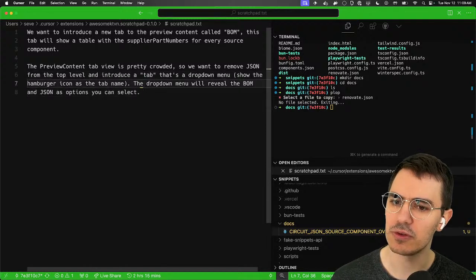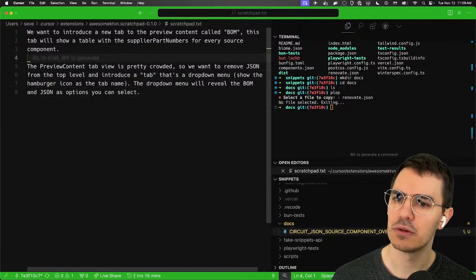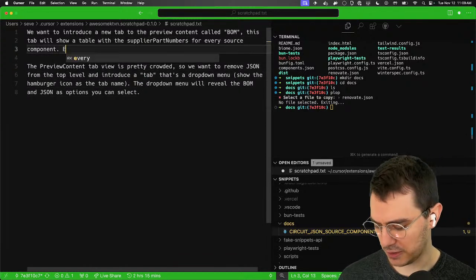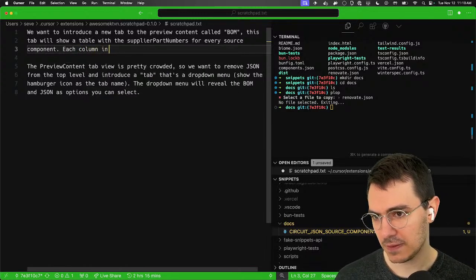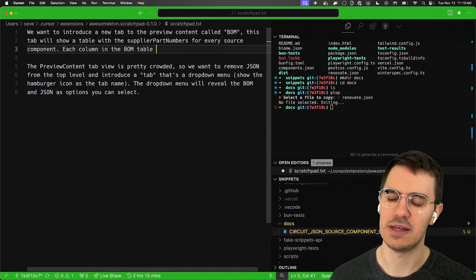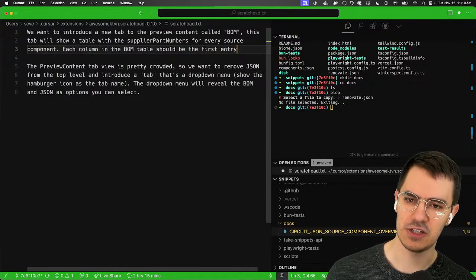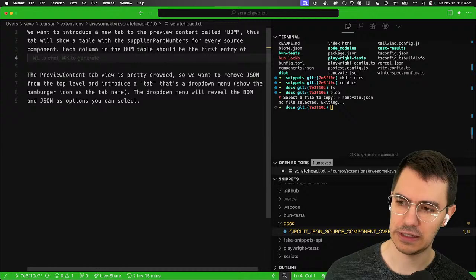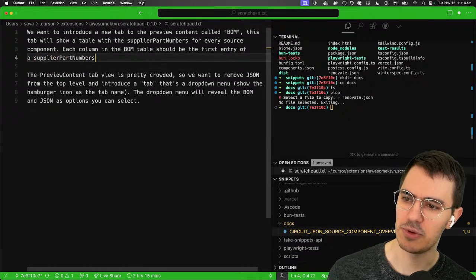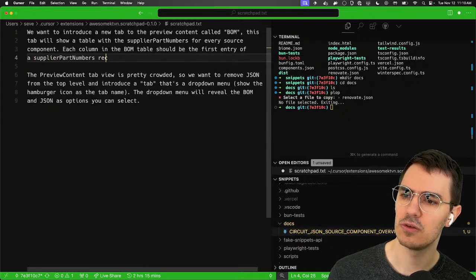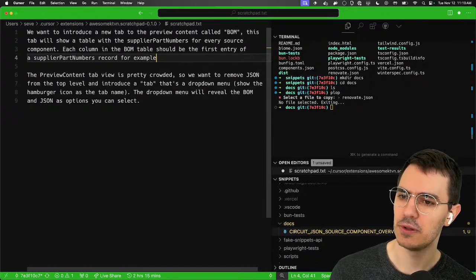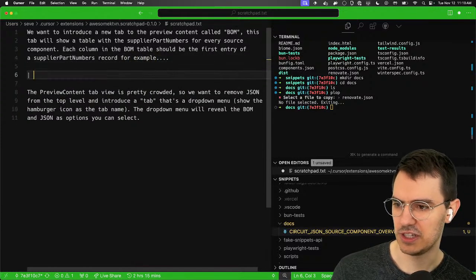We want to remove. It's power partners for every source component. Each column in the BOM table should be the first entry of the supplier part numbers record. For example, it should be like,